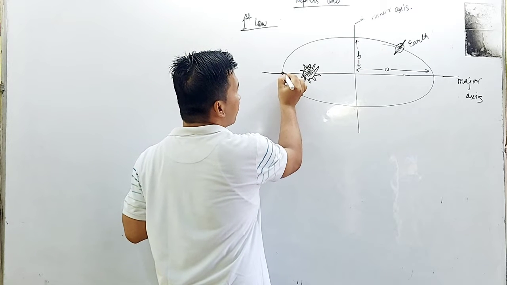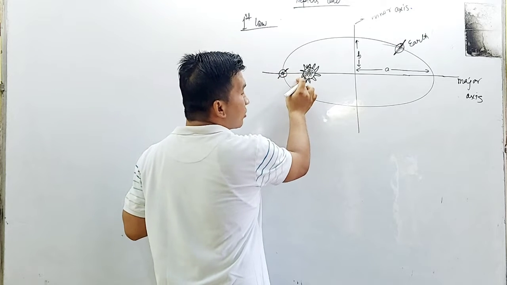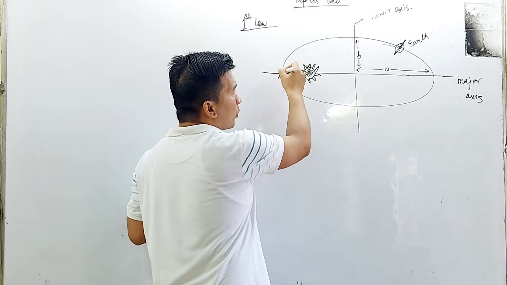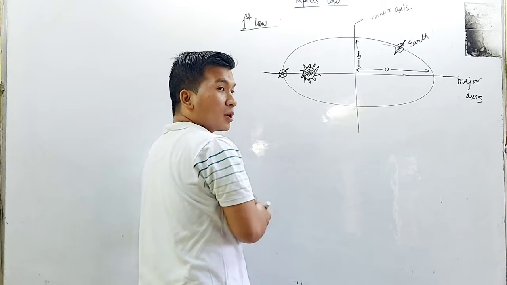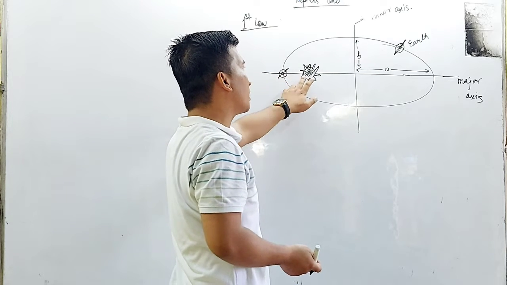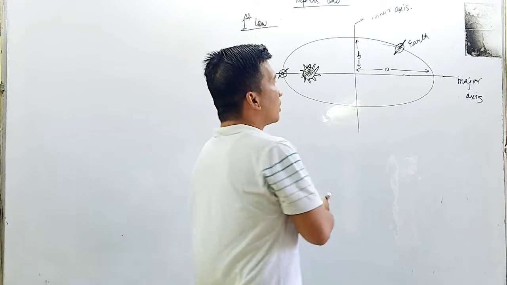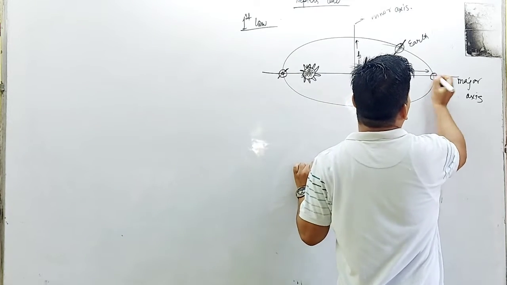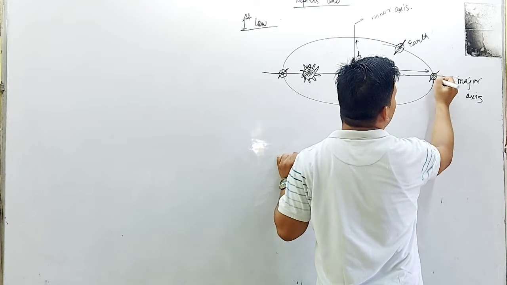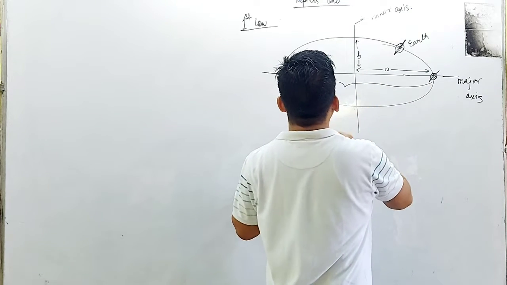When the earth comes to this position, it will be nearest to the sun. That is the nearest distance. What will be the name of this position, and what is the terminology that denotes the nearest distance? And the longest, the farthest position, what will that be called? Let me put its distance as